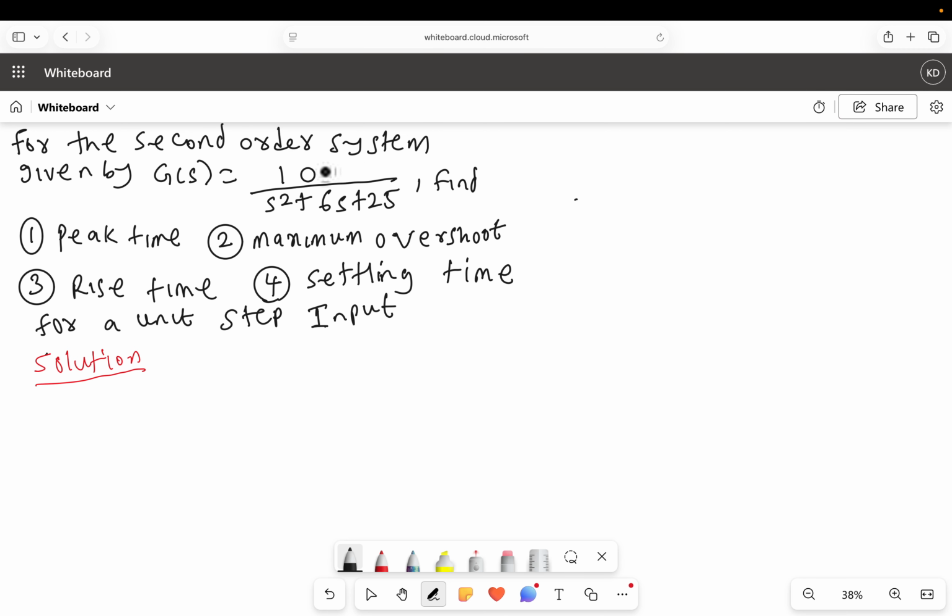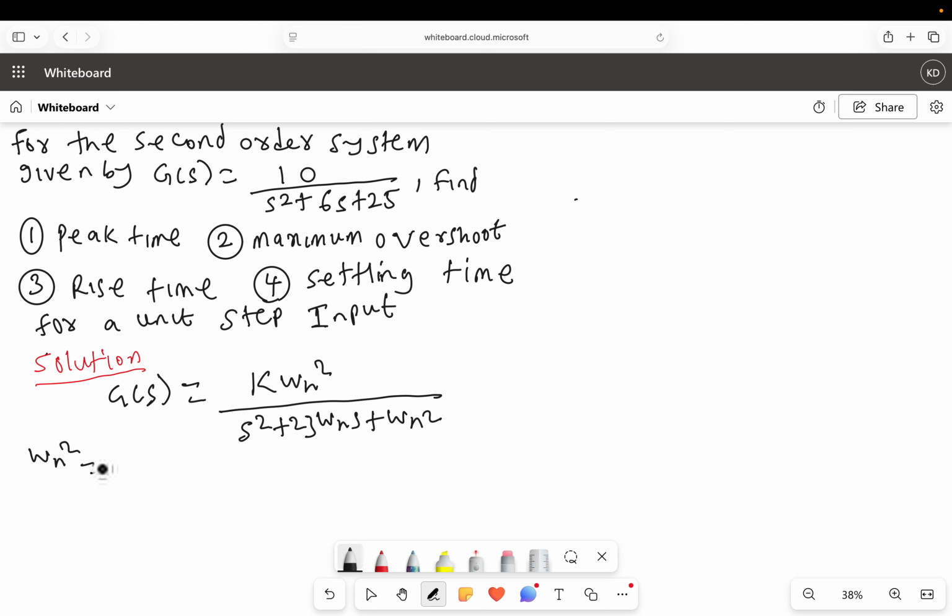So we are given this second order system and we are asked to find the time response metrics of the system for a unit step input. So the first thing is to compare the given system with the general second order system representation, which is k omega n squared divided by s squared plus 2 zeta omega n s plus omega n squared. So comparing the two, we can see that our omega n squared is just 25. That means our natural frequency omega n will just be square root of 25, which is 5